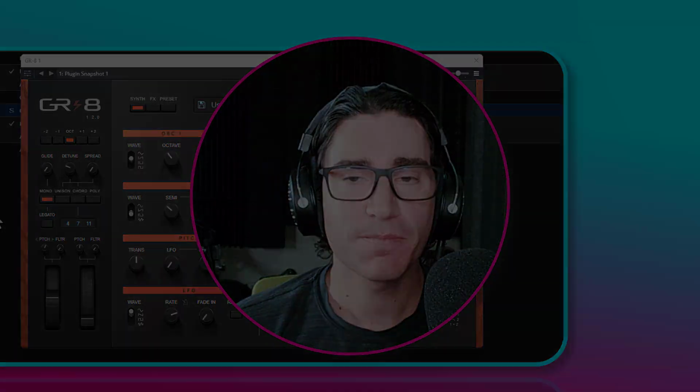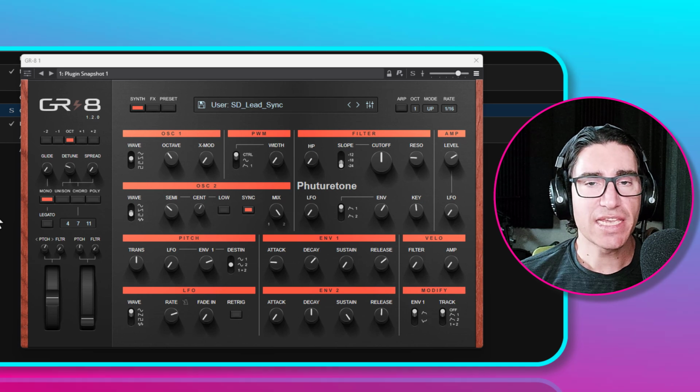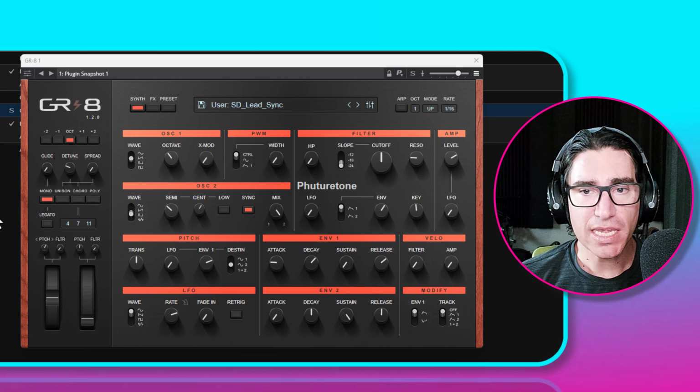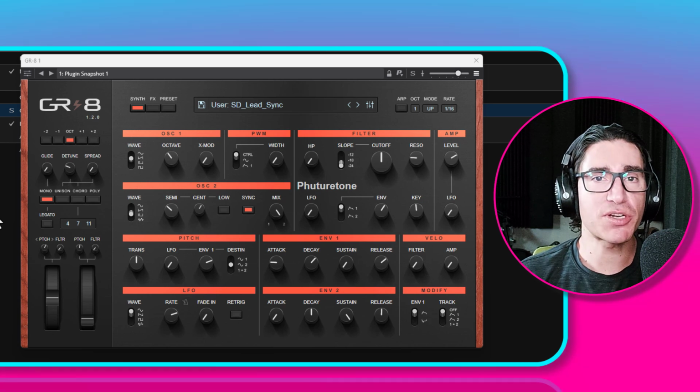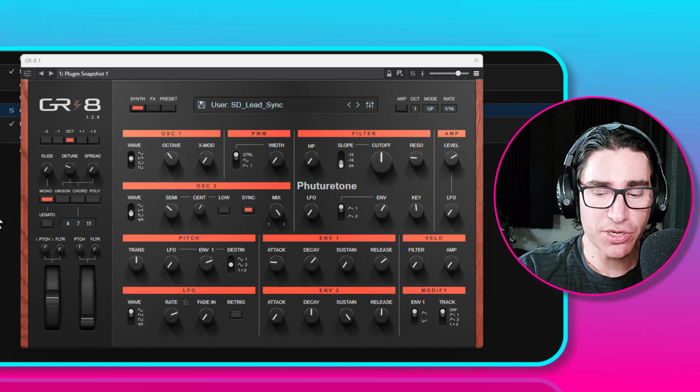Let's get to it. A sync lead, or oscillator sync lead, is a very nice sound to be able to synthesize, because it has a very particular character that I'm sure you've heard on countless synthwave records. This patch that I just previewed for you